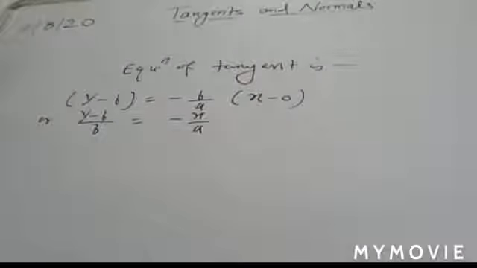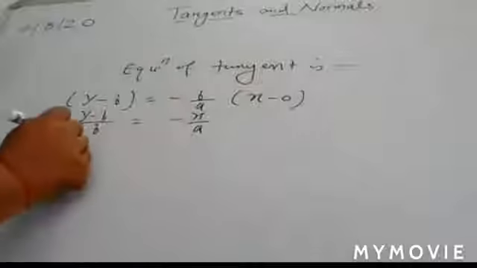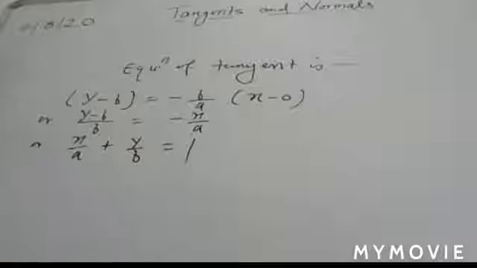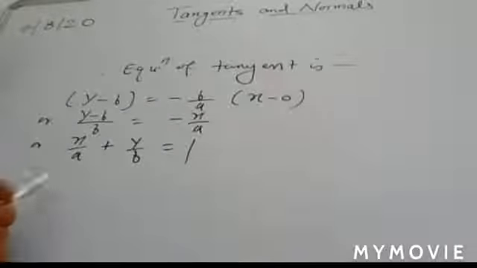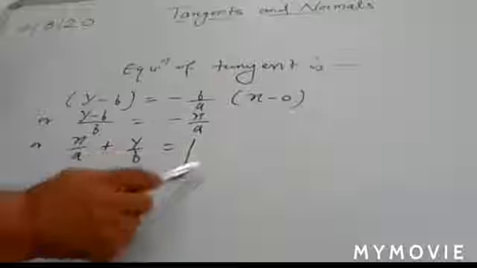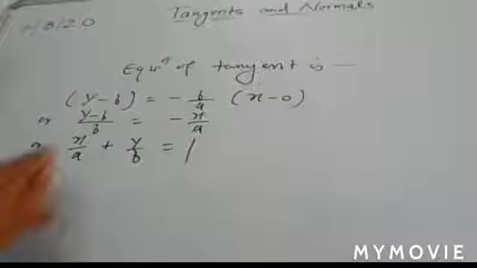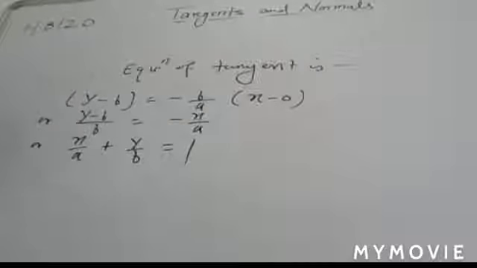And then you distribute it. So you have x upon a plus y upon b is equal to 1. So here you see that the equation of tangent obtained by you is the same as the equation of the line. So yes, write in this way. Finally you can write, hence the line x by a plus y by b is equal to 1 touches the curve at the point where it intersects the y-axis. Okay, so in this way you can explain your result.